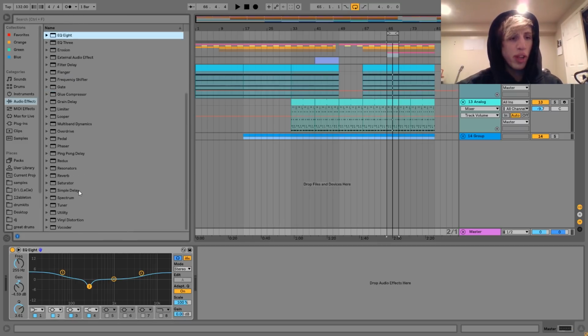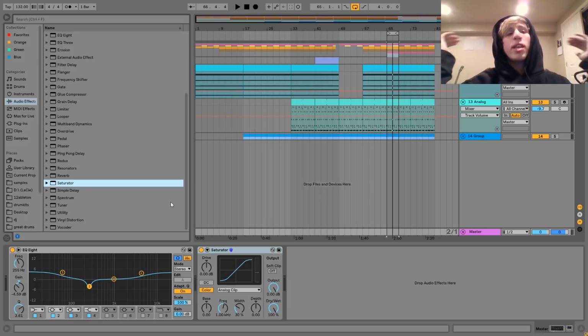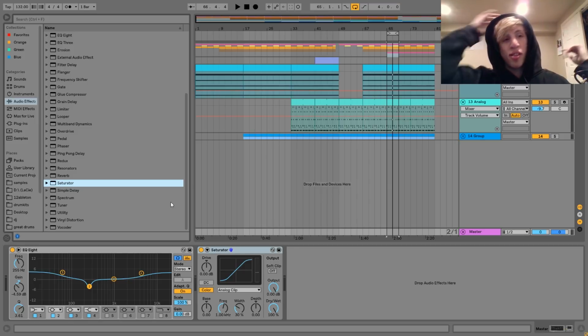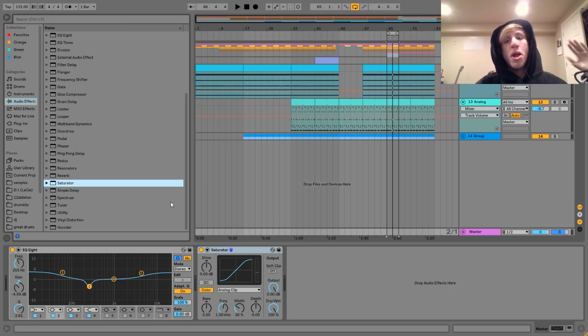So the next thing I'm going to do is use a little bit of saturation. I don't want to go too crazy, but I like using saturation on the master because it essentially gives it a bit of umbrella processing. Umbrella processing is a term I'm using to describe when you put an umbrella of an effect over top of everything, sort of coating it